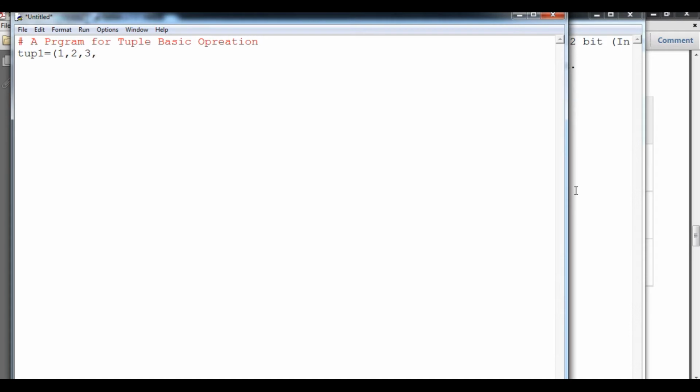So 1, comma, 2, comma, 3, comma, suppose Ajay, then comma Mohan. Okay, so here I have created a tuple. If I am going to count the length, I will simply say print len. Within that I will type tup1 and close the round bracket. I want to make sure this heading is also considered as a print part in the output form. So I will paste it here. Okay, so it will look better, that's why I'm going to show you like this.